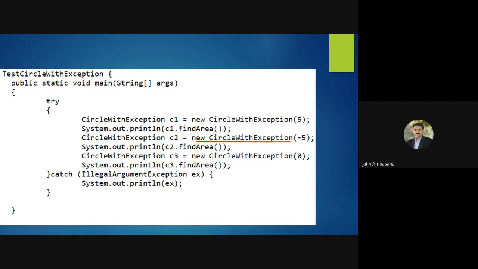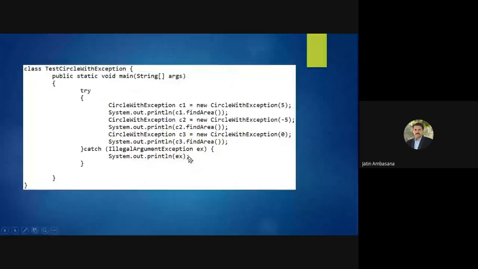If we try to create a circle with a negative value, right, it would throw an exception, and from here directly the exception would be thrown and it would be caught over here, and that message would be printed. Got the point? This is how we make use of throws and how we put the method or the constructor that calls the method that is throwing an exception into try catch.